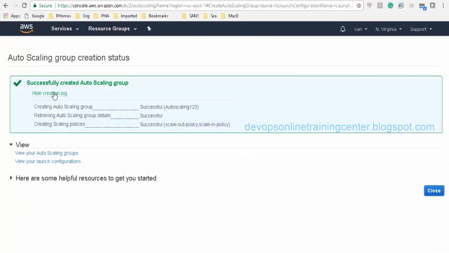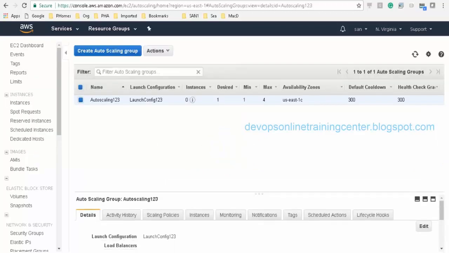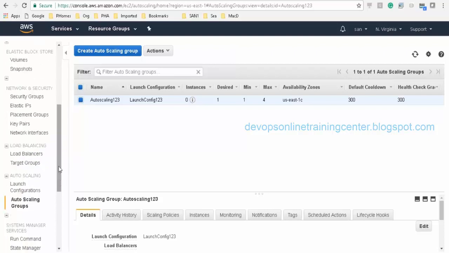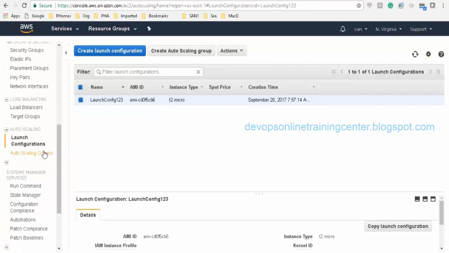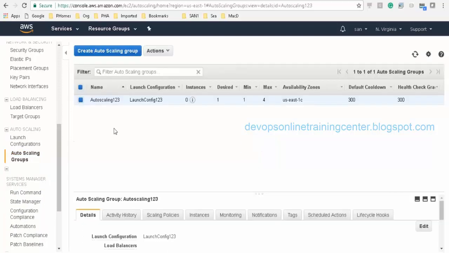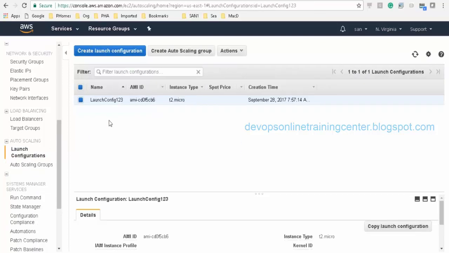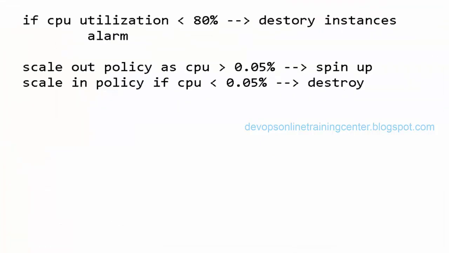So there is an auto scaling group created, and there is also a launch configuration created. We have defined the launch configuration as Ubuntu, an Ubuntu AMI with Apache configuration.